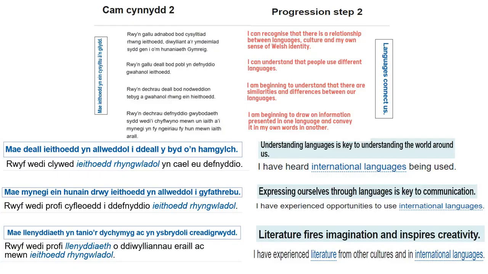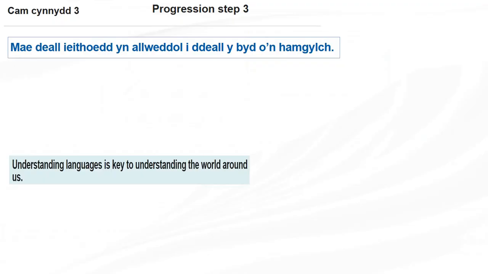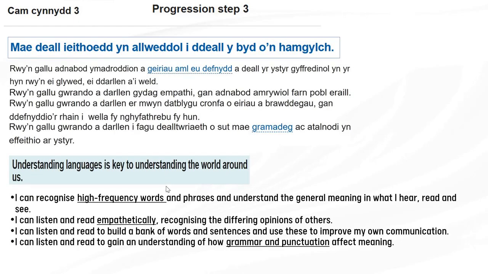On to progression step 3 then. This is where it does get a lot more details. There's going to be a lot more words on the screen, so we'll pull out some of the key points from progression step 3. So first of all, for understanding language, there's a high emphasis here on recognizing high frequency words. So in other words, we want to try and get a real depth in their knowledge of the language rather than breadth. If they can know 3 topics really, really well, where lots of the words are recycled and used again, that's even better than hitting many, many topics throughout their time at primary school, but they don't know them